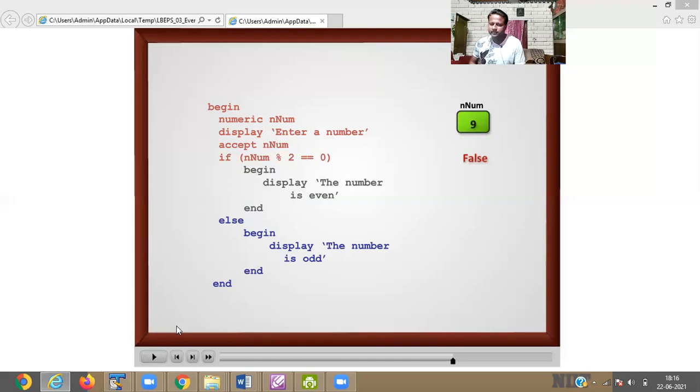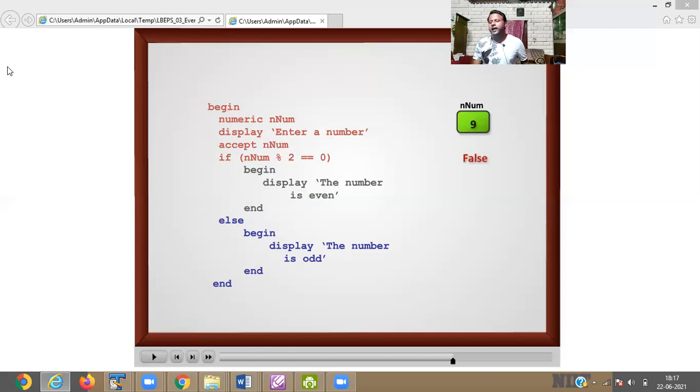Write a pseudocode. Accept the age of a person and check whether the person is eligible to cast a vote or not. Do you know what is the age for giving a vote, to elect the CM or PM? Yes, 18. So you have to do it. You have to accept the age of a person and check whether the person is eligible for vote or not.